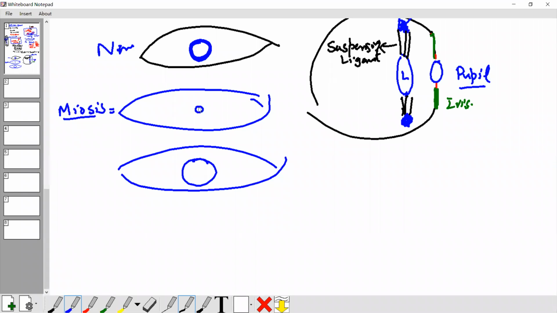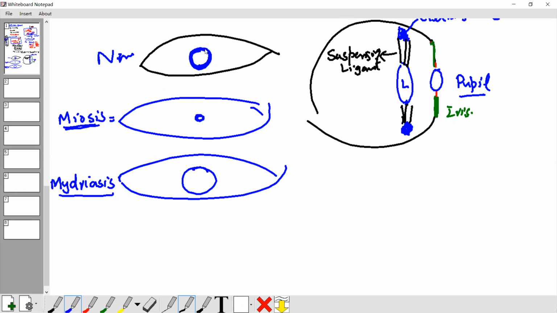Pupil size decrease, you can see here. This is the pupil. If pupil size increases, it means mydriasis. Pupil size decrease is meiosis and pupil size increase is mydriasis. Clear? The normal pupil. Meiosis means constriction. Mydriasis means